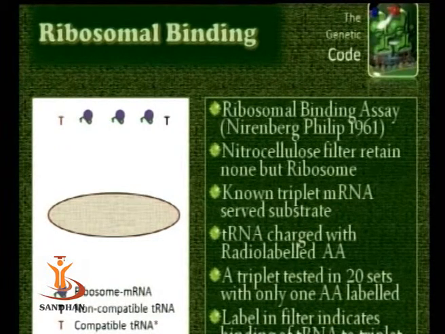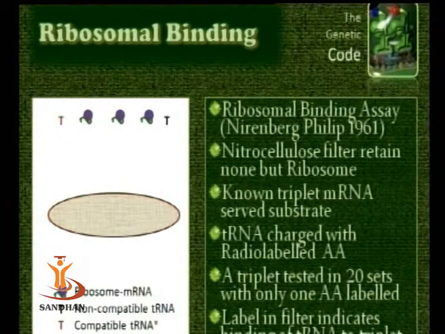This experimental approach is based upon the use of a specific kind of filter called a nitrocellulose filter. These filters have a very fine porosity and a tendency to retain large molecular weight substances, allowing small molecular weight materials to pass through. In other words, larger aggregates like ribosomes are retained over the membrane because they can't pass through it, while small molecules like tRNA, amino acids, enzymes, small proteins and messenger RNA can easily pass through the membrane. Now, what they did is,